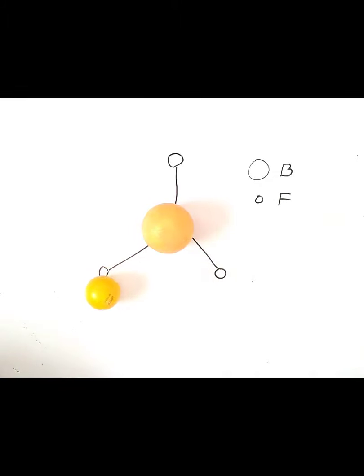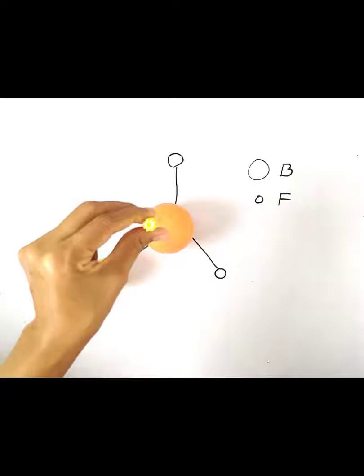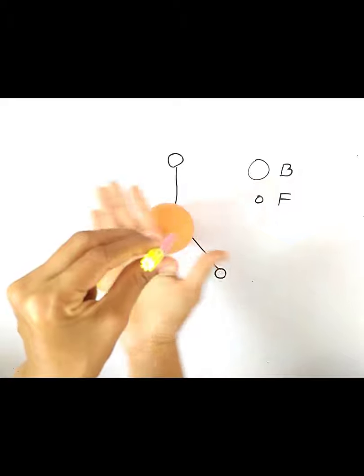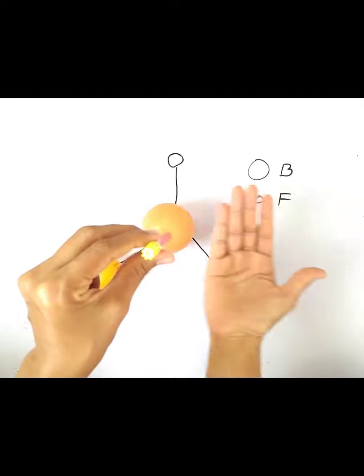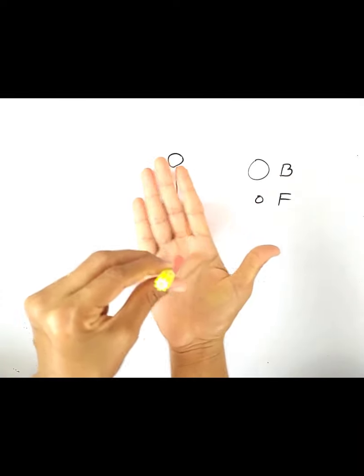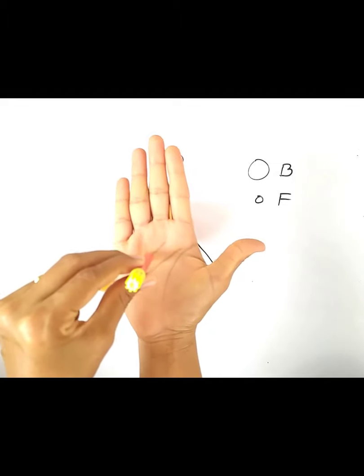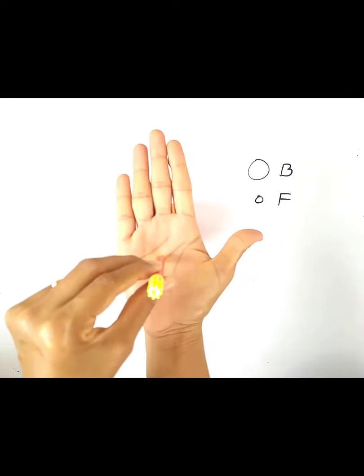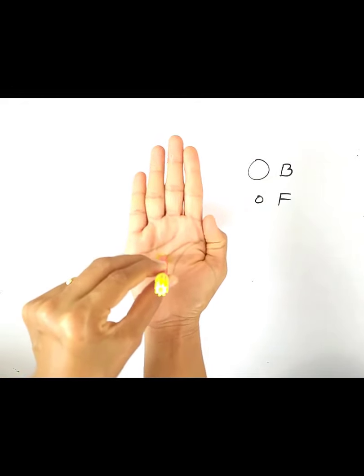And tell me what's the position of this plane with respect to the principal axis. This is the principal axis we have passing through the boron atom, and this another plane which cuts all the atoms into two equal halves we have passed like this. What is the angle between them? Here it is becoming the right angle triangle, means 90 degrees. As the angle is 90 degrees, they are perpendicular to each other. This is the plane and this is the principal axis. They are perpendicular to each other.